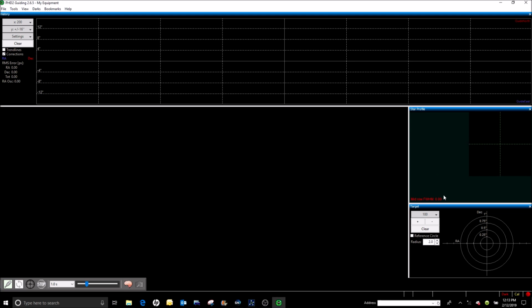Now, all these are dockable. You can take them and move them around and dock them to other areas. You can move that over to here and dock it to here, or you can move that down to the bottom. Some people like the graph down on the bottom, but for some reason I like it up at the top. So that's what we're going to do with it. Okay, once you get it set up like you want,